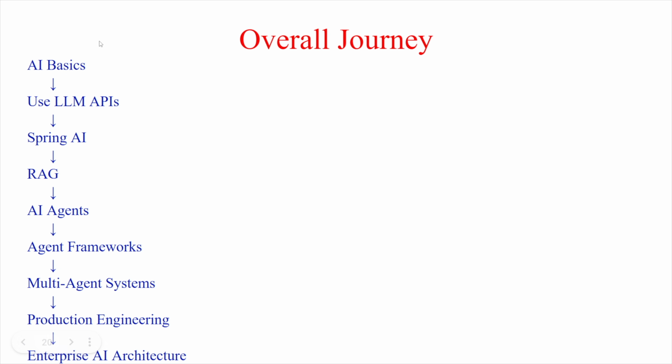So as an overall journey, you will start learning the AI basics. Then you should go for LLM APIs. Then you should learn how to integrate with Spring AI. Then you should learn generative AI with RAG. Then you should see agentic AIs, the agentic framework creations, multi-agent system creation, creating a production-ready AI multi-agent system, and AI enterprise architecture kind of stuff. And that is where your AI roadmap ends, where you start with very basics, you learn intermediate kind of stuff, and you end up creating production-level enterprise AI applications communicating with each other with synchronous or asynchronous calls.